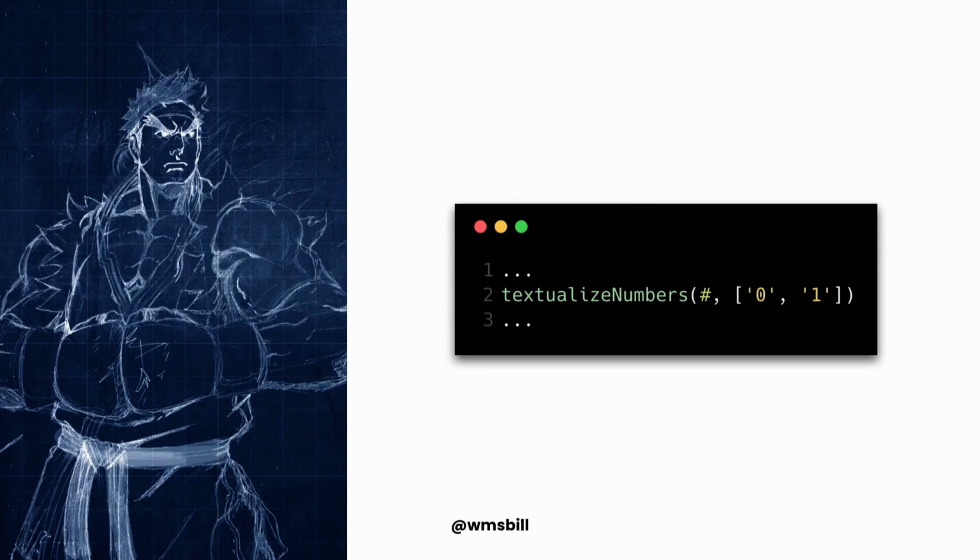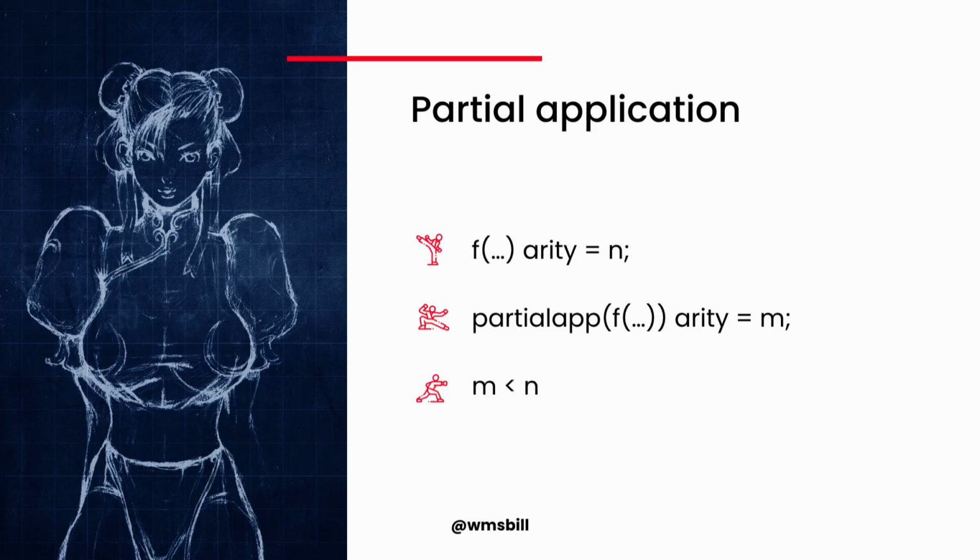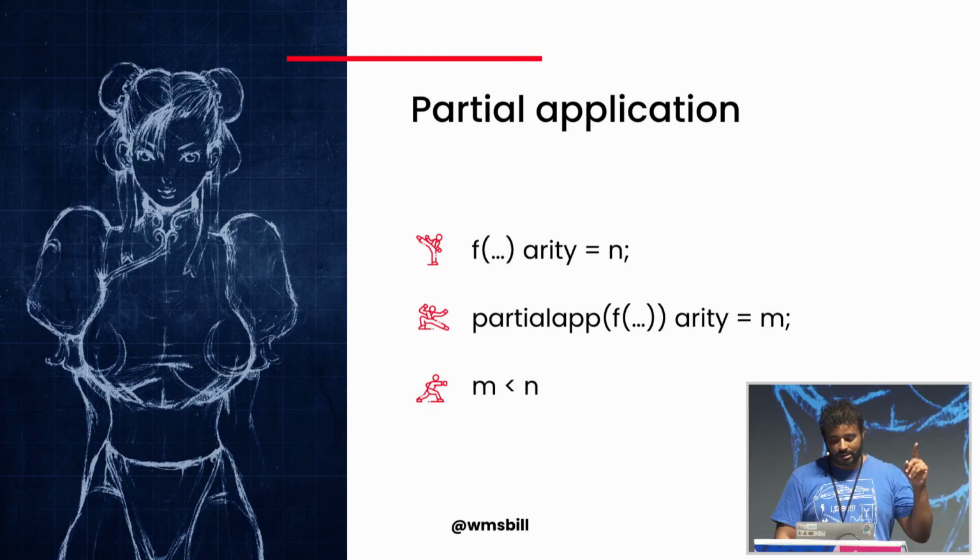When we were discussing the pipeline operator, we saw this example here with the sharp as a token. We can solve this line with partial application, but first I need to explain what partial application is. Partial application refers to the process of giving a function with any arity, and it returns another function with a smaller arity by binding the fixed parameters. Arity, by the way, is the number of parameters that a specific function takes.